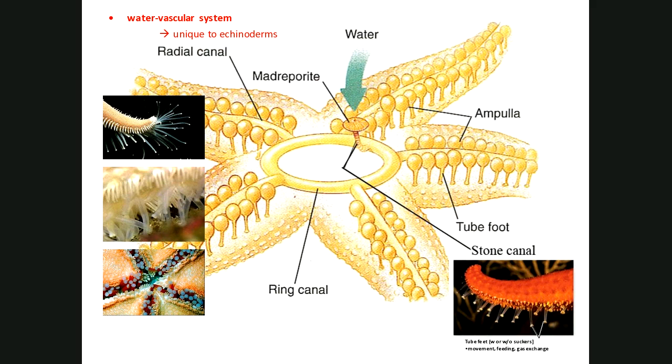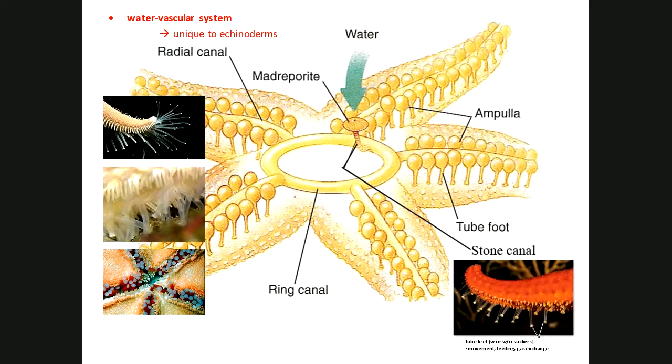Well, ampulla is a word that we use to refer to, I don't have one in the room here, too bad, the squeeze part of an eyedropper. That's the ampulla of the eyedropper. So these things kind of look like that, don't they? So what echinoderms do is they move water up and down these radial canals, in and out of these ampullae. And when the water moves in and out of the ampullae, it decreases or increases suction. All right, so if water is removed out of the ampullae and the ampullae shrink, it'd be like you squeezing the top of that medicine bottle. And when you squeeze the top of that medicine bottle and then it relaxes again, it creates a suction.